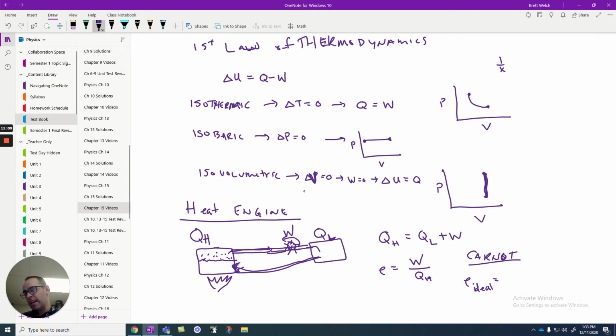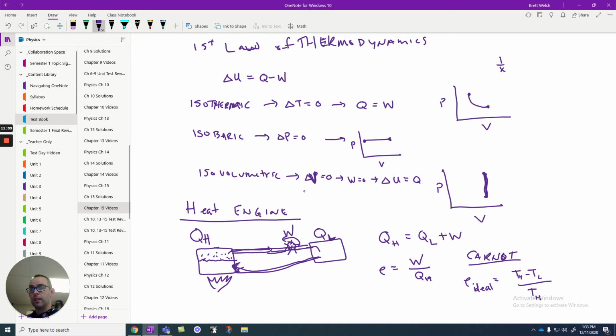Well, he can't do that in terms of the work. There was an issue with that calculation, but if we change the work and the heat into temperatures, then the high temperature minus the low temperature divided by the high temperature would give us this ideal efficiency. Now notice, the bigger the difference between TH and TL, the more efficiency I'm going to get when I divide by TH.